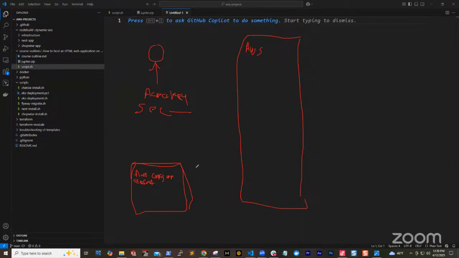So let's say you have another user, user two. These users are in your AWS account, by the way. And this user also has an access key and a secret access key. If you run AWS configure for this user, and you put this user's access key and secret access key, it would override the first one you did. You understand? So you can only have one default profile, right?